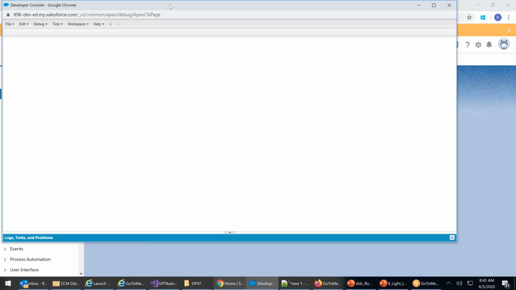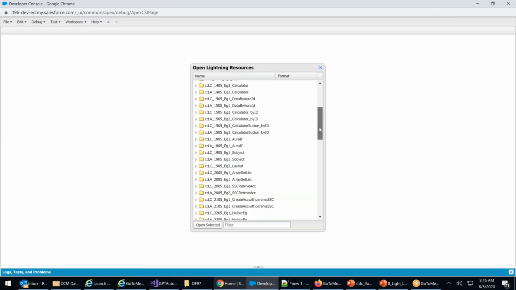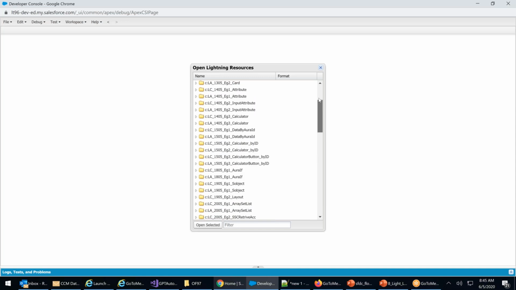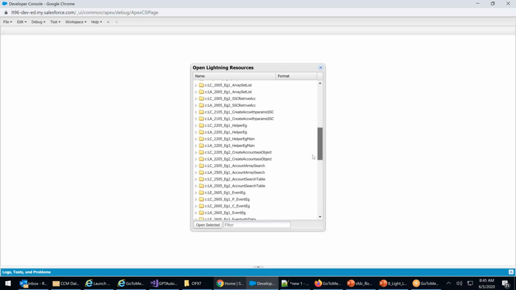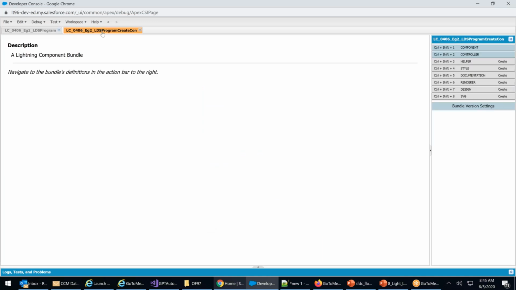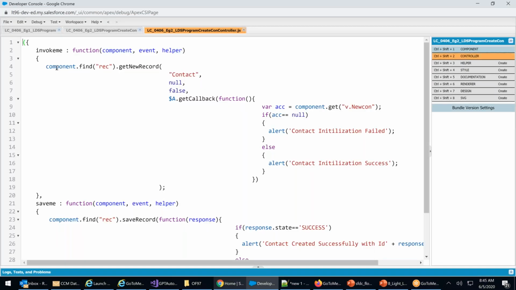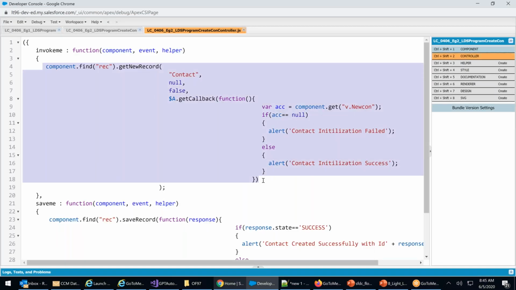I go to the file. I click on open lightning resources. I scroll down. I look for 0406. Here it is. LC. I click on open. I go to the program one. I click on controller. It's a single line command. This is the line. In between, these are all waste program.